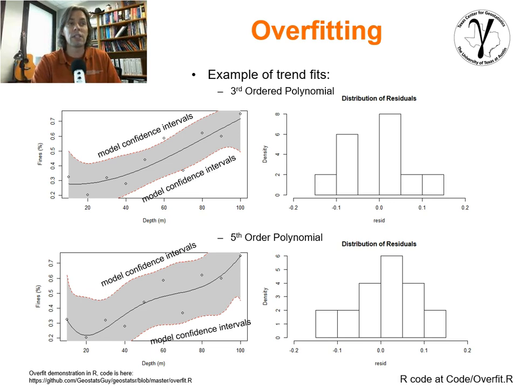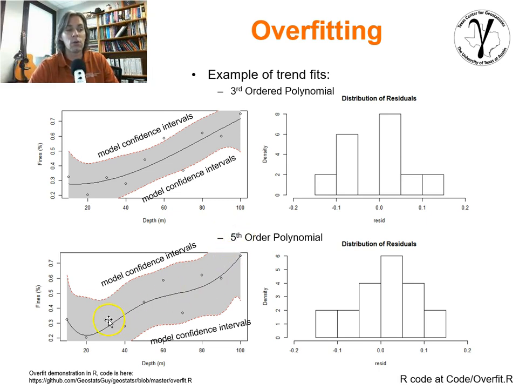And so let's make a couple of comments around overfit. Now I like this example. It's simple, it's a one-dimensional example. We have percentage finds, we have depth along a one-dimensional profile, and we're just trying to fit a function to it. And so we could fit a third-order polynomial, and we could calculate the confidence interval of this model. And the confidence interval is telling us about the certainty of the model, given the fact that we had to estimate it with limited data, and the behavior of the data in general. And so what you'll see is that we have this confidence interval. I believe it's the 95% confidence interval, excuse me. And this is the distribution of the residuals. How much mismatch do we have at the data locations?